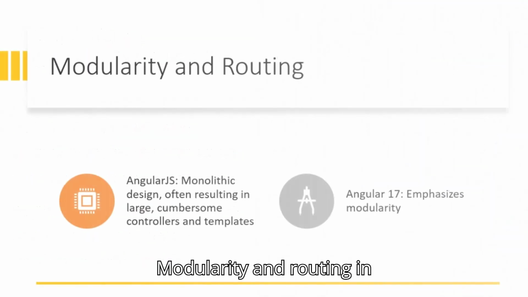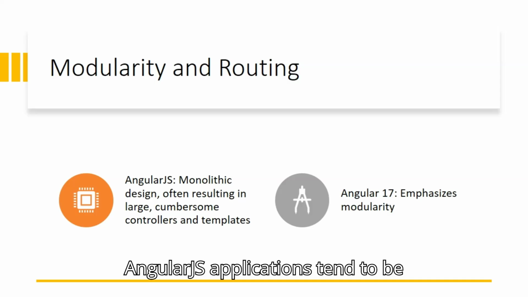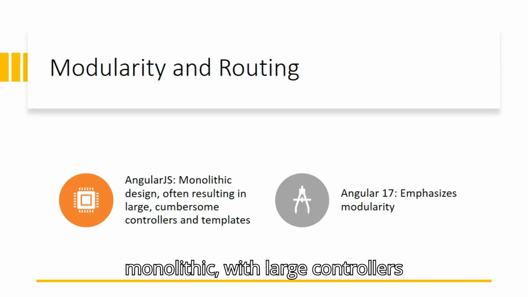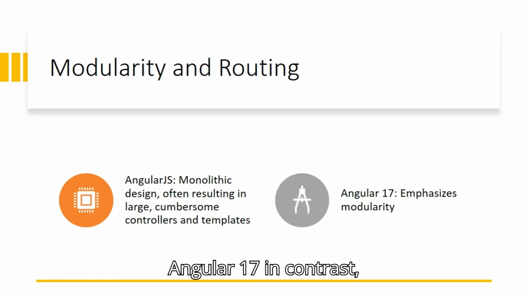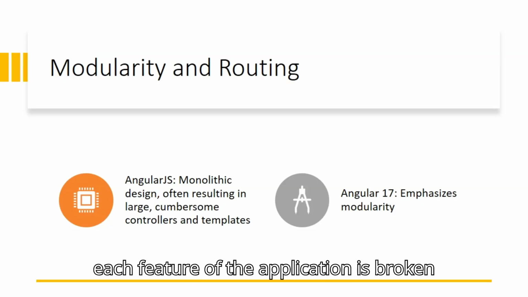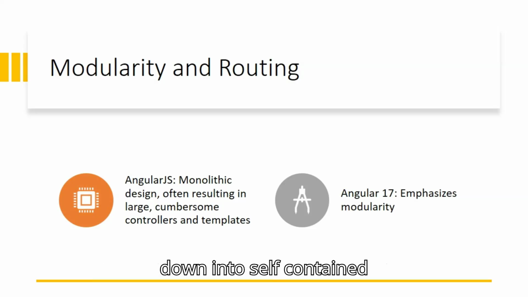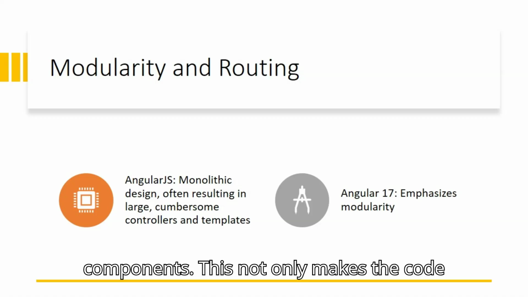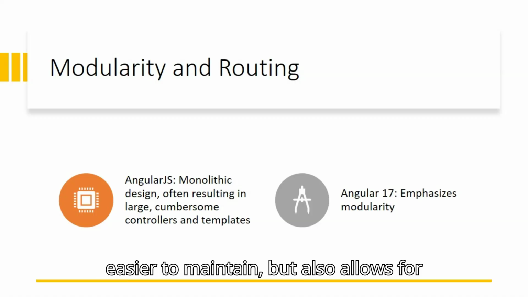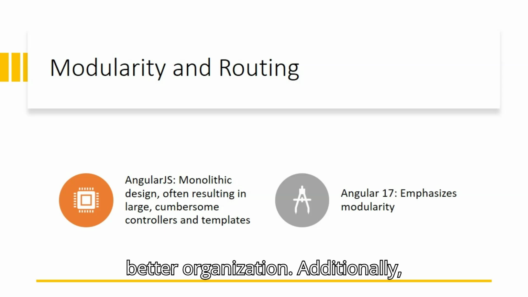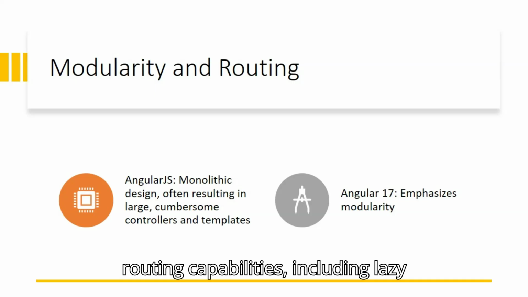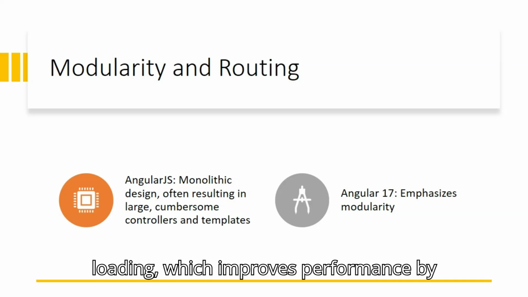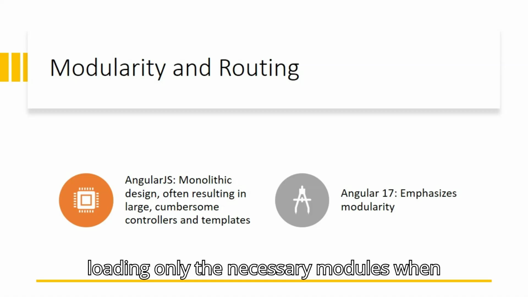Modularity and routing. In AngularJS, applications tend to be monolithic with large controllers and templates that are difficult to manage as the application grows. Angular 17, in contrast, emphasizes modularity, where each feature of the application is broken down into self contained components. This not only makes the code easier to maintain but also allows for better organization. Additionally, Angular 17 has advanced routing capabilities, including lazy loading, which improves performance by loading only the necessary modules when